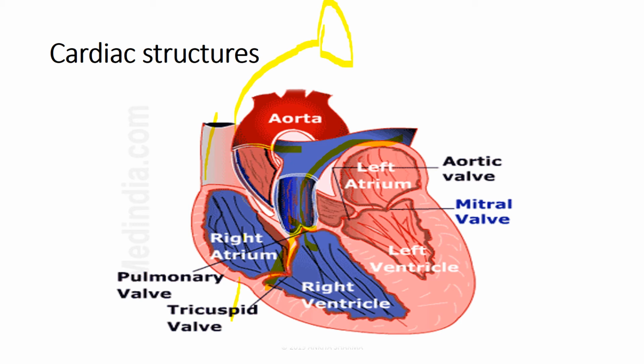So this is called pulmonary circulation, where the heart is pumping the blood towards the lungs. Then, when the lungs perform the oxygenation, the blood comes towards the left atrium through the pulmonary veins. The blood gets filled in the left atrium and then comes to the left ventricle. From the left ventricle it goes through the aortic valve into the aorta, and then it gives the blood to the human body, to the tissues and organs. Then it is called systemic circulation.